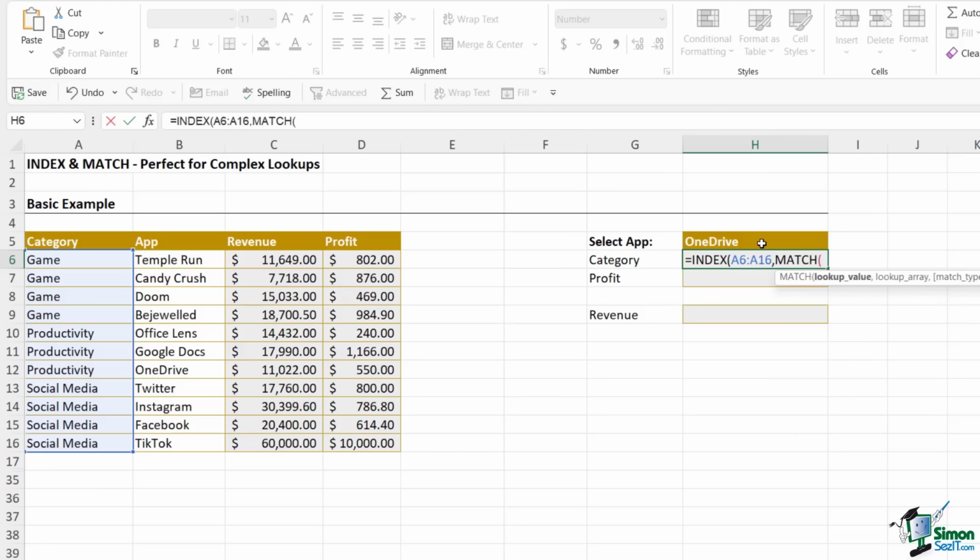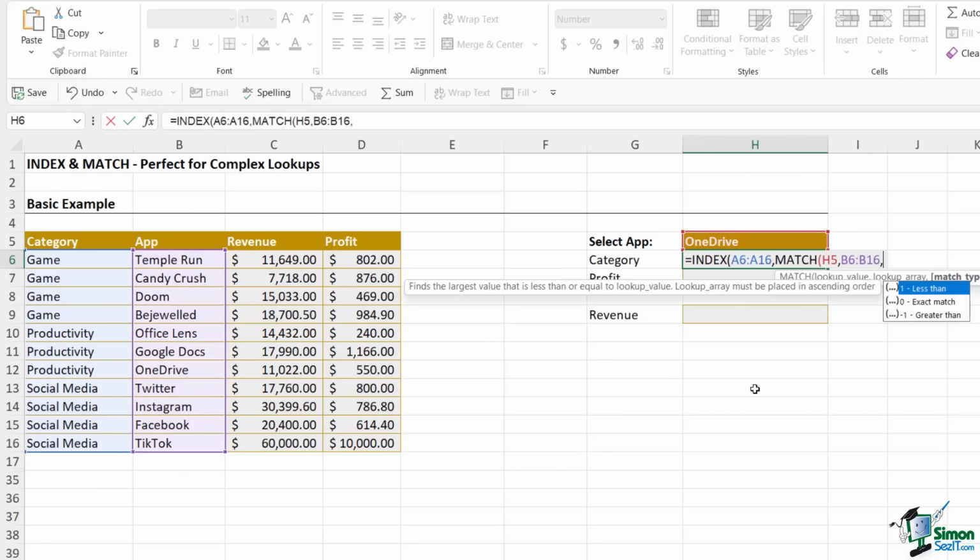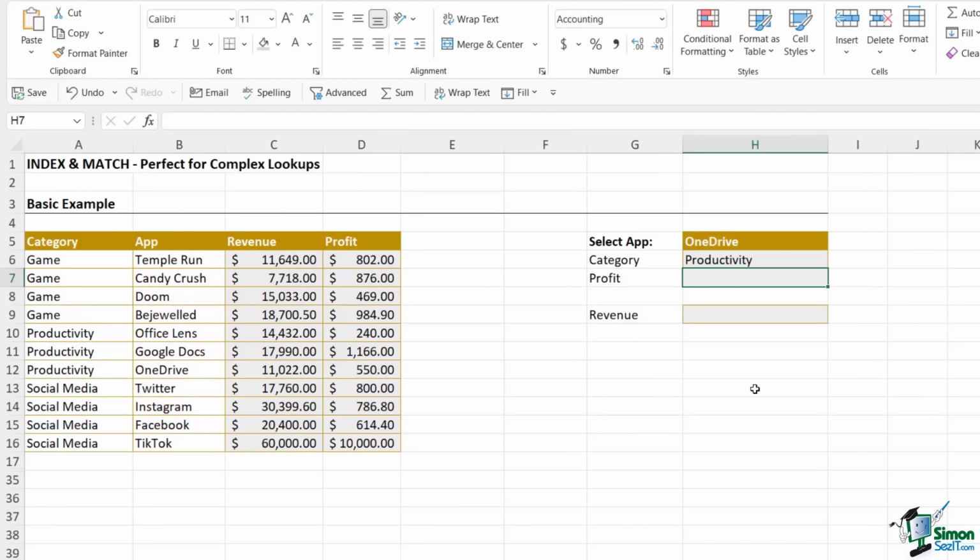Our lookup value is OneDrive, cell H5. Where are we going to find that? Well, it exists in the app range. So this is our lookup array. And we want to do an exact match of the word OneDrive in the table. We need to close off our MATCH, close off our INDEX, hit enter,